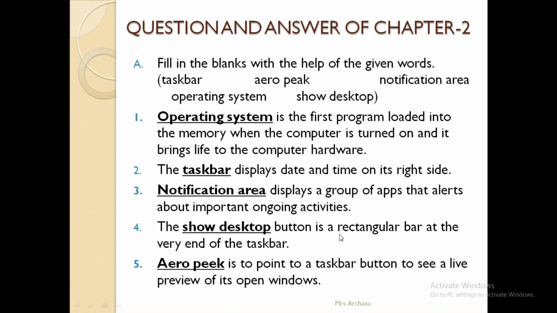The dash button is a rectangular bar at the very end of the taskbar, that is, on the right side end what we have seen, the show desktop option. Fifth: dash is to point to a taskbar button to see a live preview of its open window, that is arrow pick. And students, for writing these short answers, you can pause the video, take note of these answers, and proceed further.